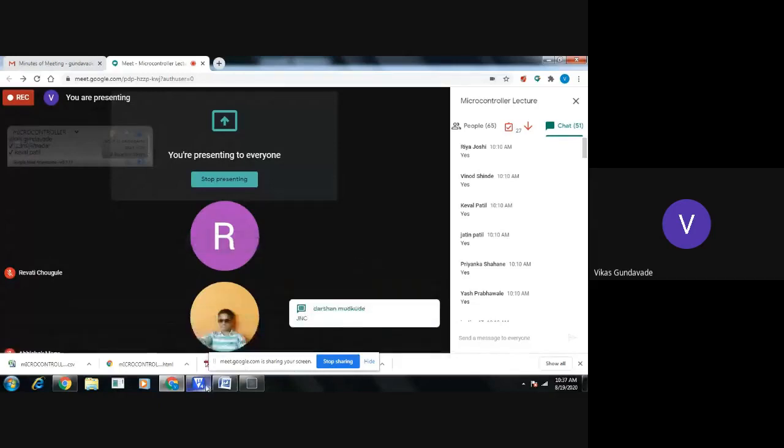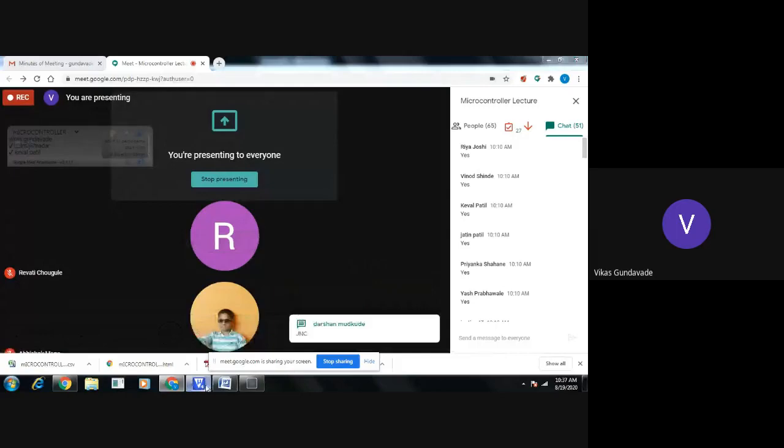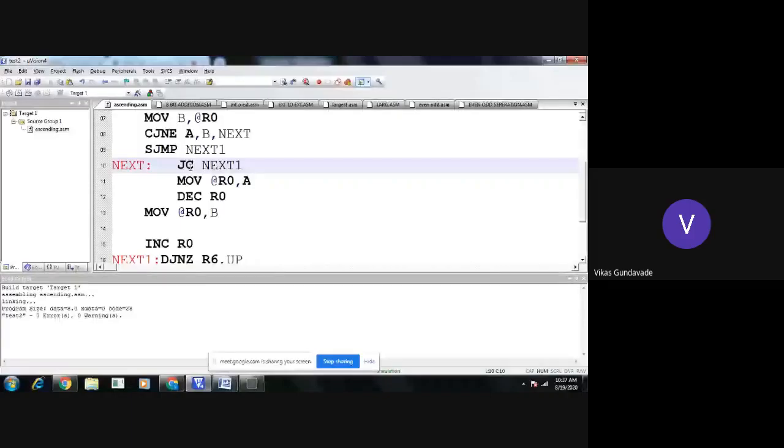At the place of jump if carry, we only need to write jump if no carry. The condition which we are providing is jump if carry; if we write jump if no carry, the total array will get arranged in descending order. Okay, everyone got it?